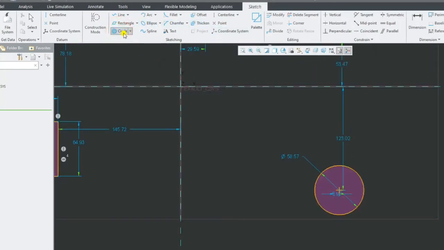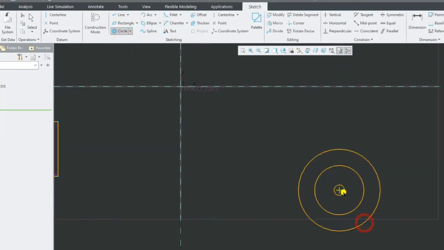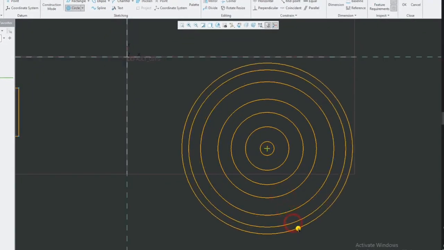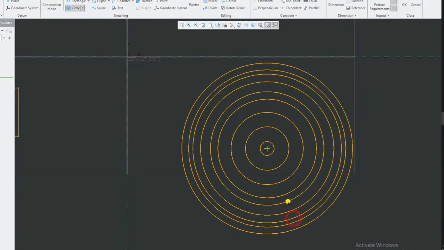Click here, and we have concentric circles. First circle we have, then second circle, third circle, fourth circle, up to twelve. All these things will become concentric.